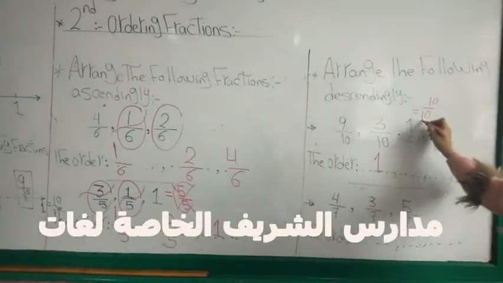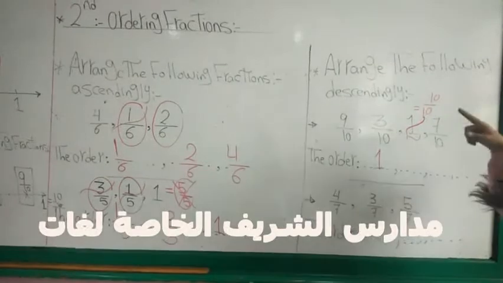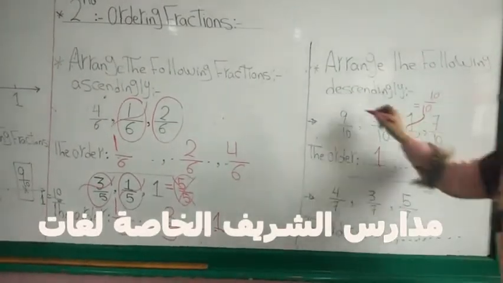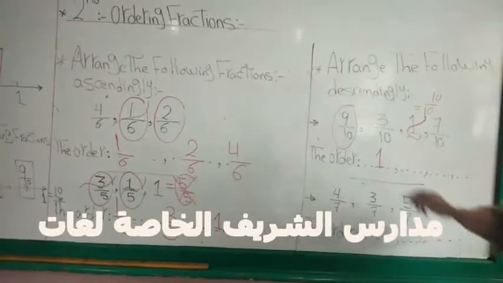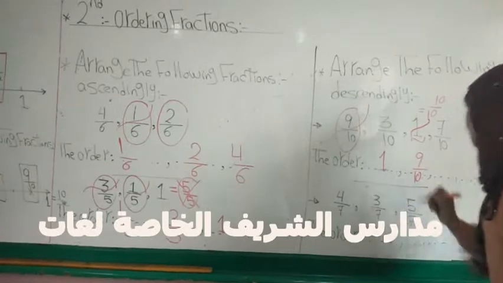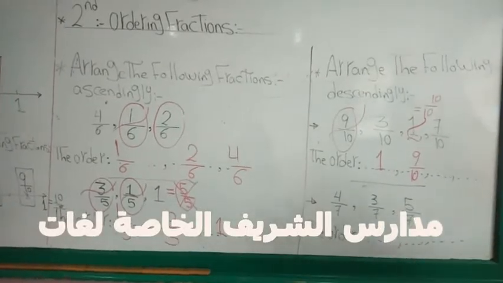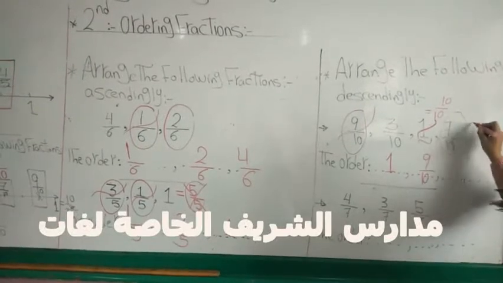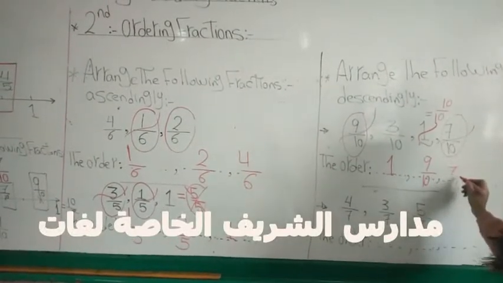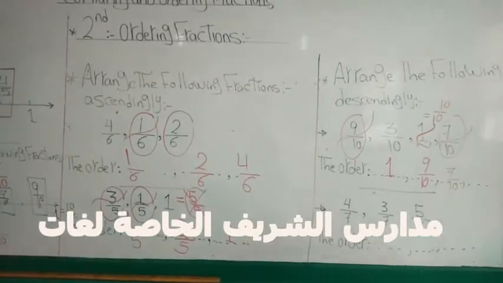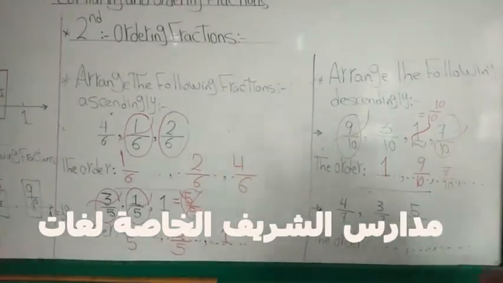After 1, 7, 3, or 9, which is the greatest numerator? 9 is the greatest numerator, so 9 tenths is the greatest fraction here. 9 tenths. Then 3 or 7, 7 is the greater numerator, so 7 tenths is next. Now finally we have 3 tenths